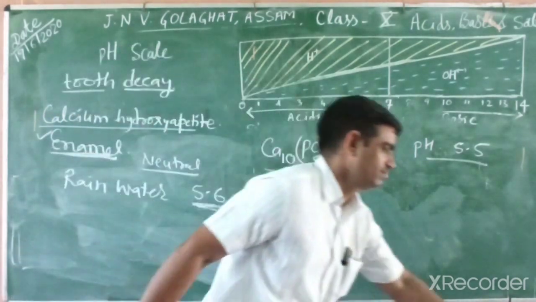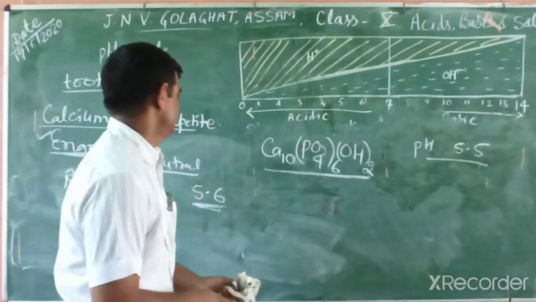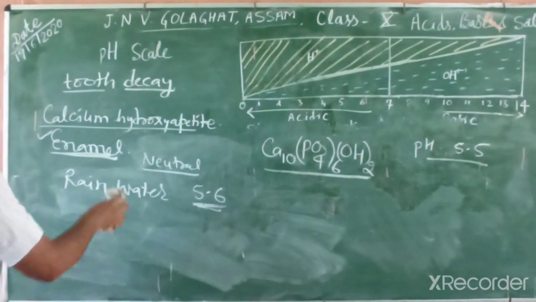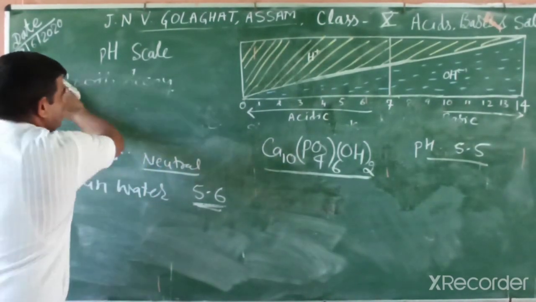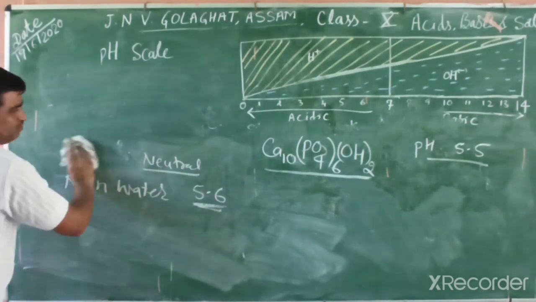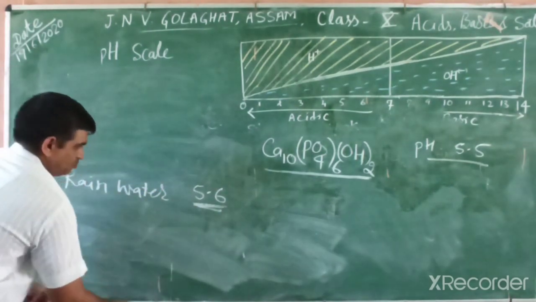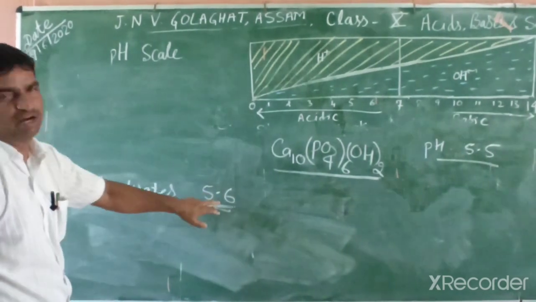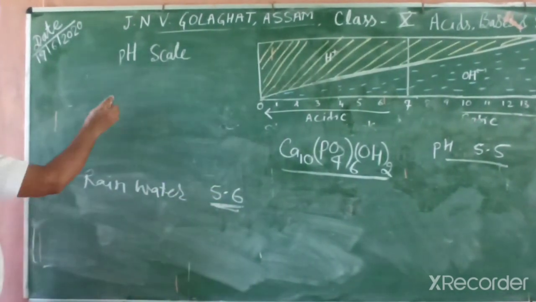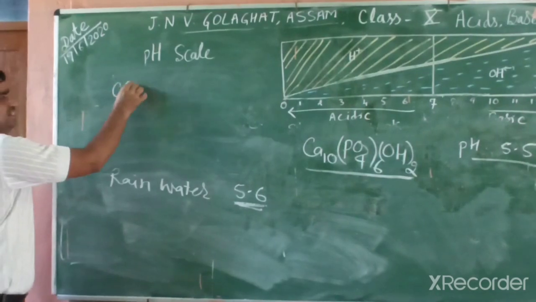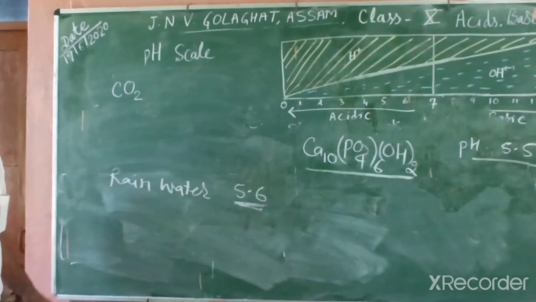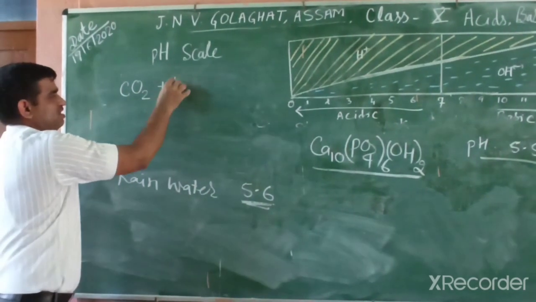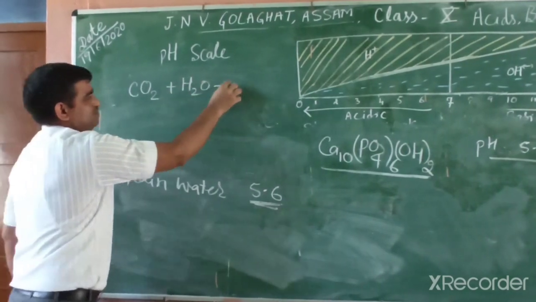What is the reason? Why is the marble damaged, and what is acid rain? We can explain the reason for the acidity of rain. When the pH of our rainwater is 5.6, it is acidic. But why is it 5.6? Because our atmosphere has carbon dioxide gas. When this carbon dioxide mixes in water, it changes into an acid.